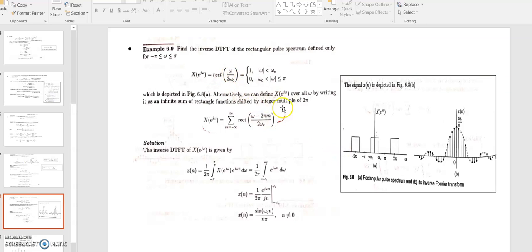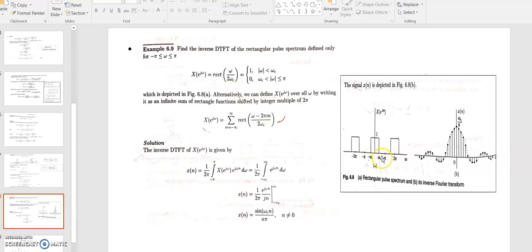Its limit will extend from minus omega c to plus omega c. As it is the discrete time Fourier transform, defined in the frequency domain, next you draw a square wave,